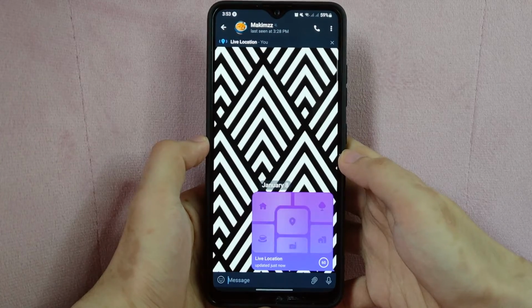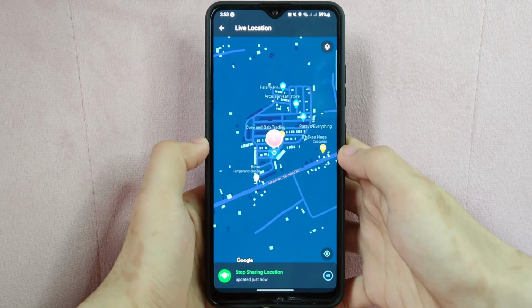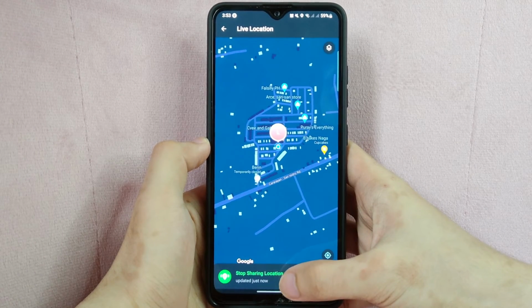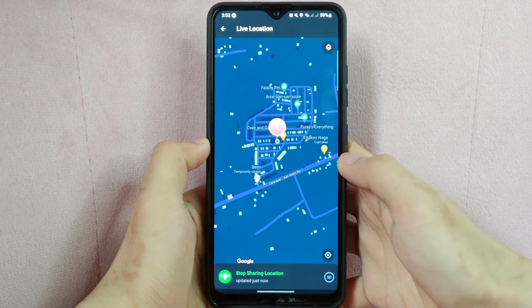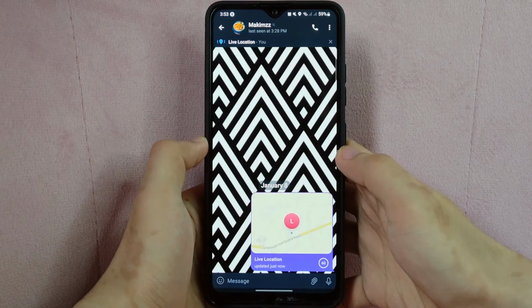After that, your live location will be sent as a message and the recipient will be able to see your location on a map in real time. The live location will be shared for the duration you selected, after which it will expire and stop being updated. You can stop sharing your location at any time by tapping on the Stop Sharing button. There you go. If you wanted to know how to share your live location on Telegram, that is the easiest